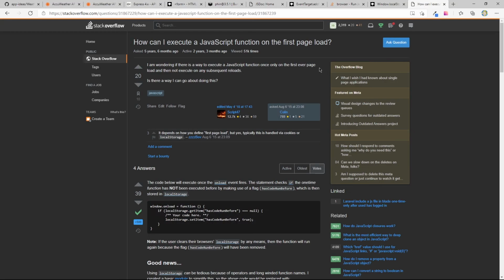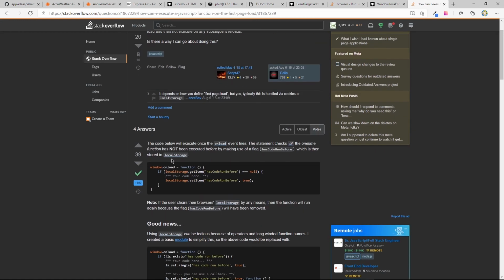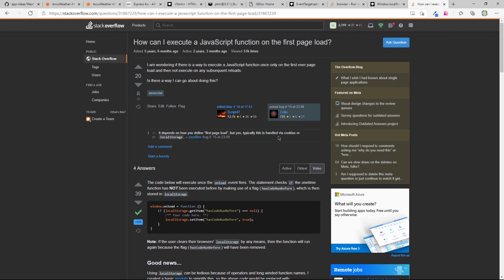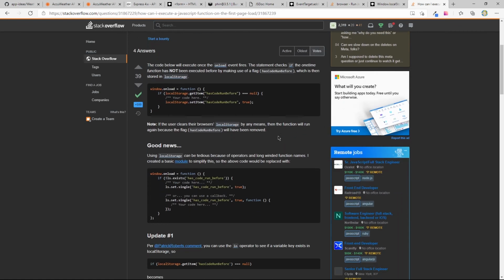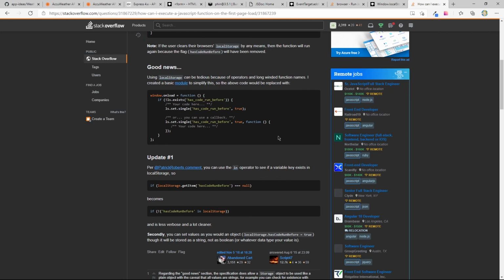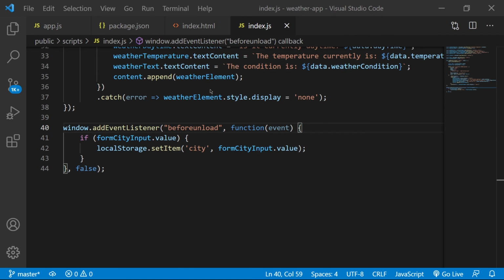Forgot the one for this. The first page load. It wants unload to fire an event. That's code run before. Onload. Window.onload function. Okay, so let's do window.onload and see what that gives us.